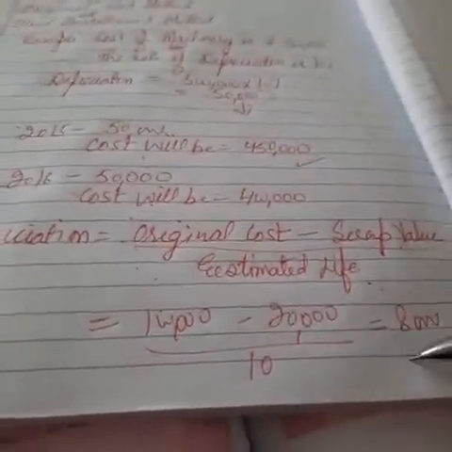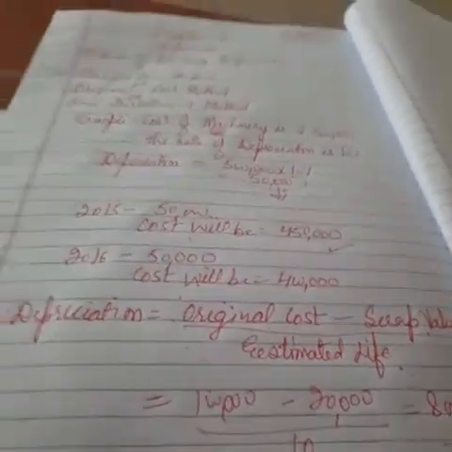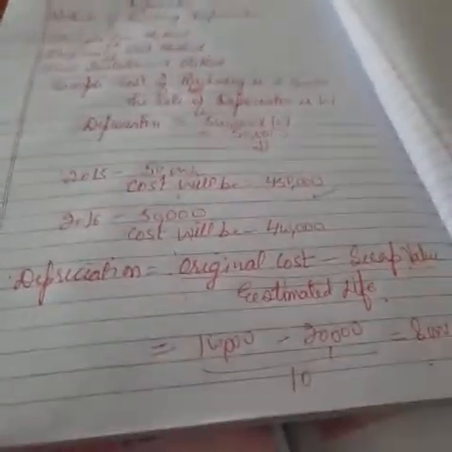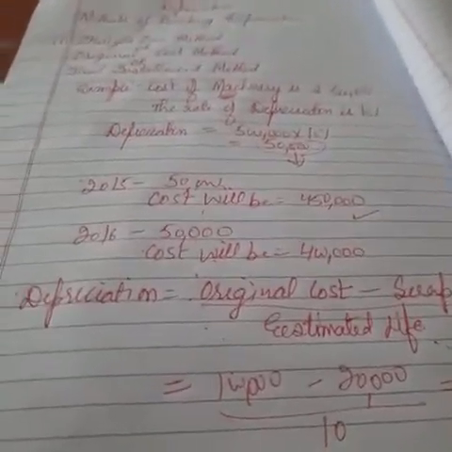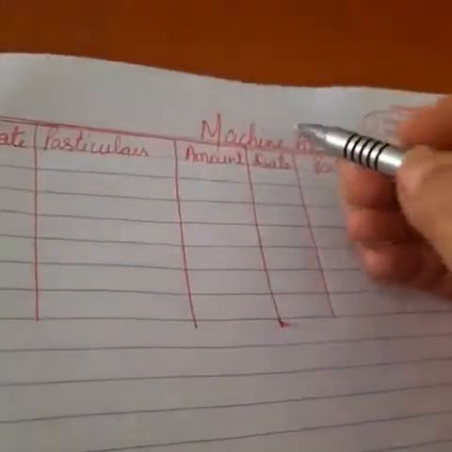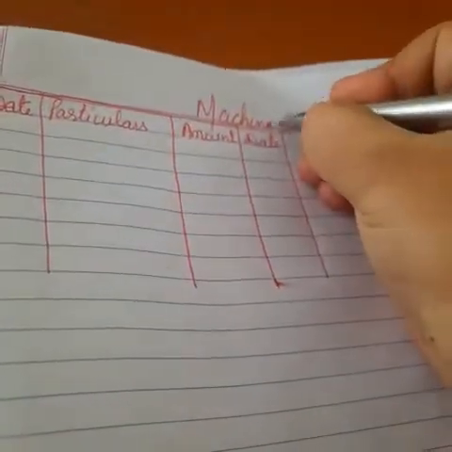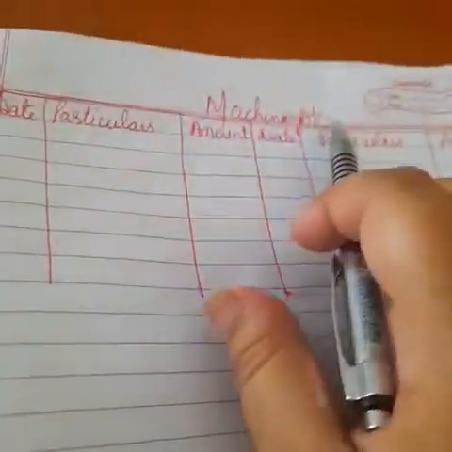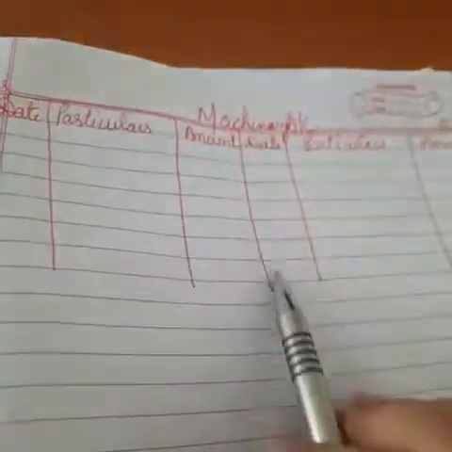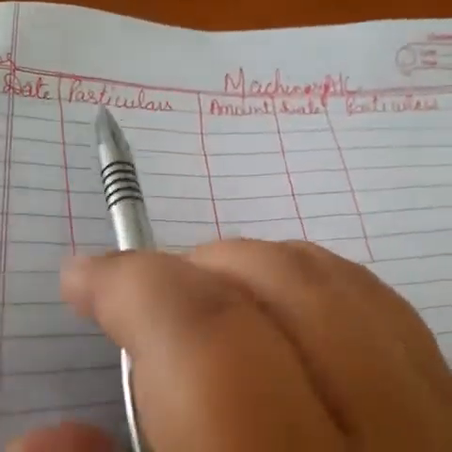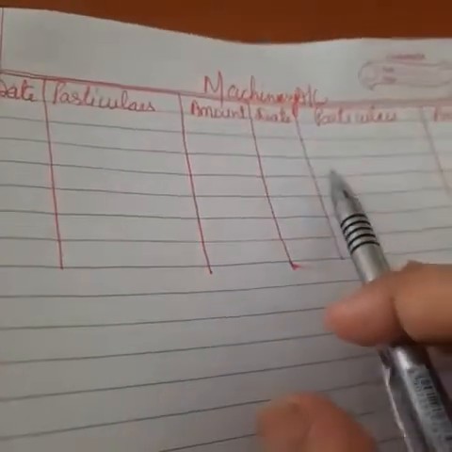Is that okay? So this is how we have to calculate our depreciation. Now see how we have to maintain our asset account as well as our depreciation account in order to show the effecting workings of depreciation. Now see what we have to write on the top of the account. It's machinery account, right? Then you know that all accounts are prepared in a T format. Then make a T format, right? It's one-sided debit, another one is credit. A very simple format is there, that is date, particulars, amount, then again date, particulars, amount.